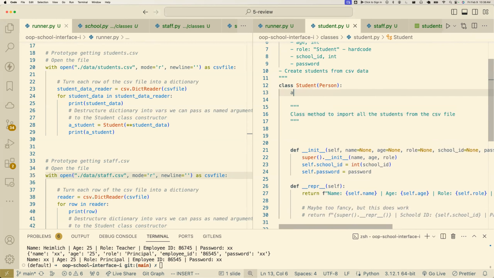And they're going to go on this class attribute, all students list, which is going to start out as an empty list. But just like we've seen in our other code, it's going to end up with a list of